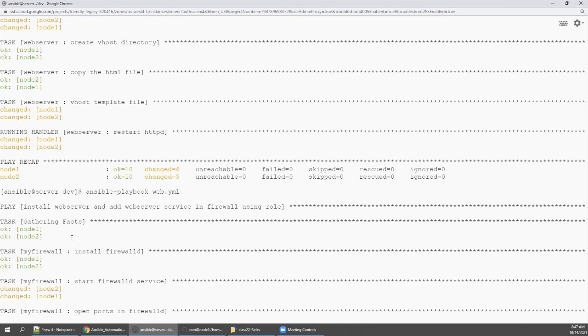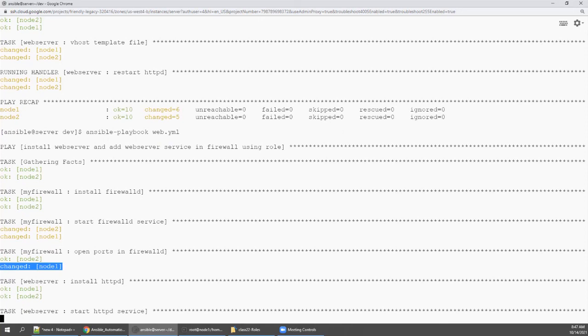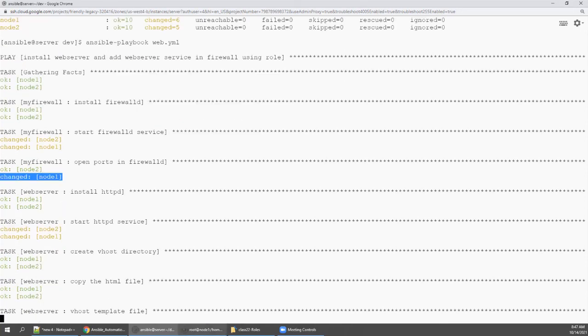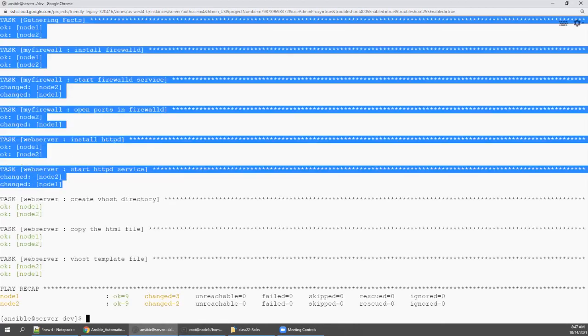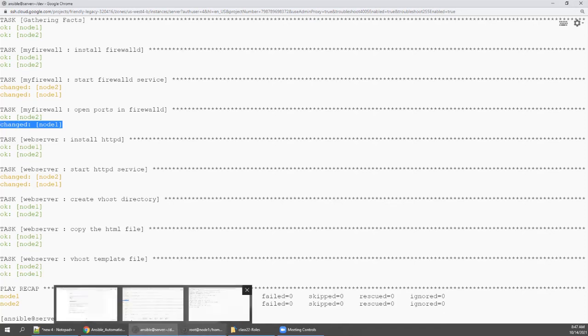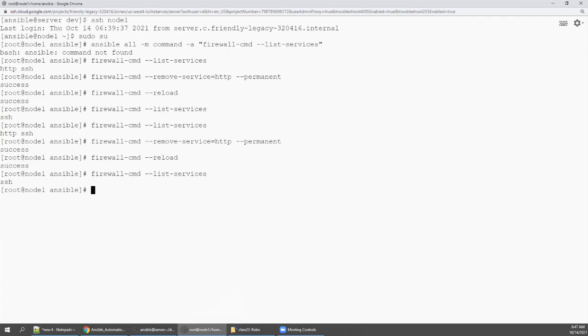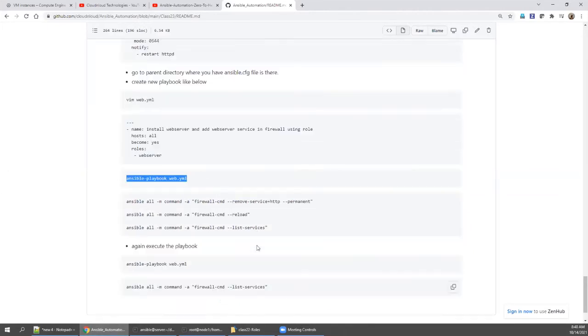So now everything will be green, right? So let's open the port, because only node 1 we have removed, right? So that is what you need to understand. Now everything is green, only because we have put restarted. Restarted means every time it will be rerun, right? But see here, there is a port. We are calling only the web server, but the web server in turn calls my firewall role. This is how you need to understand the roles and get things executed. So let's see list services. See here. So that is how you need to learn Ansible role.